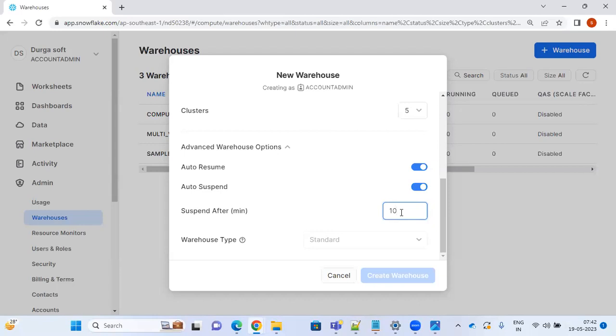If you are not using it continuously for 10 minutes, it will go into the suspension mode. When it goes into the suspension mode, you are saving the cost to your organization. Again, whenever you restart the session,